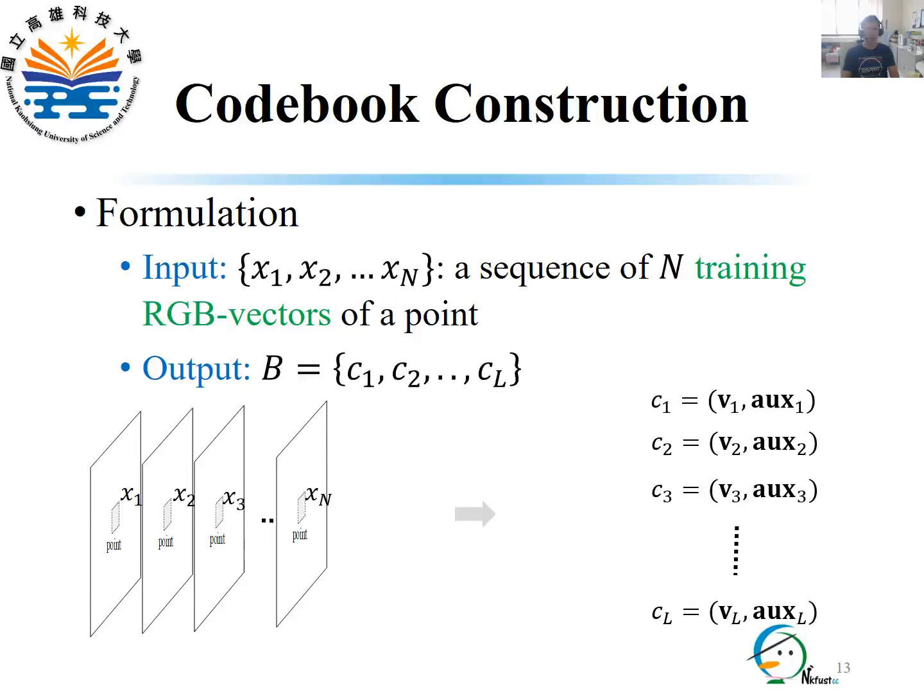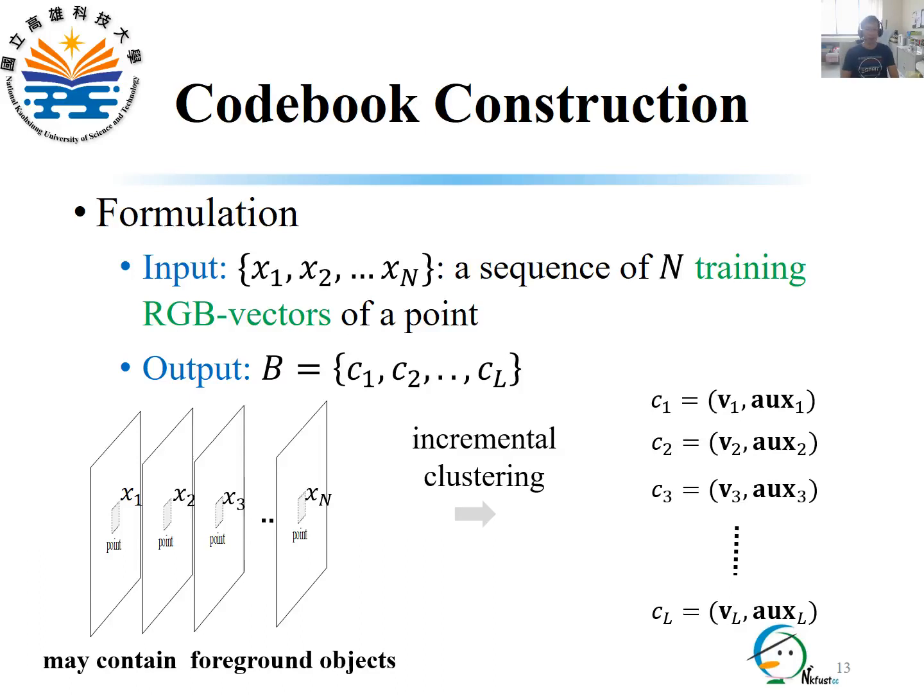For reducing computational complexity, an incremental clustering algorithm is first applied to obtain a set of codewords. Since the sequence for training is not foreground-free, some of the resulting codewords may represent moving foreground objects or noise. Hence, the codebook construction has a second step that selects the codewords representing static and dynamic background points.